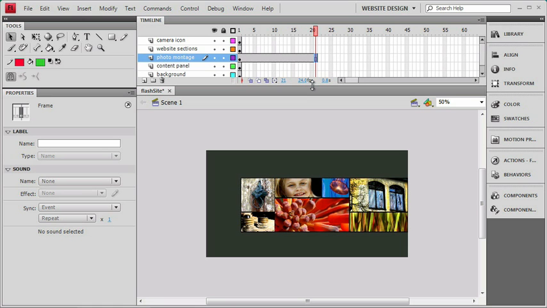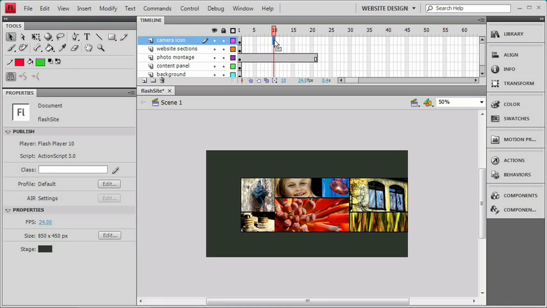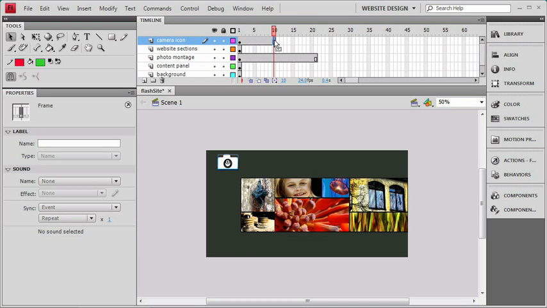Now also notice that we added our frames to only a single layer, the photo montage layer. And if you look at your stage, you'll notice that everything else disappeared. So if I want to have everything else remain on my screen, I'm going to need to add frames to those layers as well. In the Flash environment, we pretty much animate by layer. Now, I can just go to each one of these layers and add a few frames using my F5 key. There I've created a 10 frame span for my camera icon,